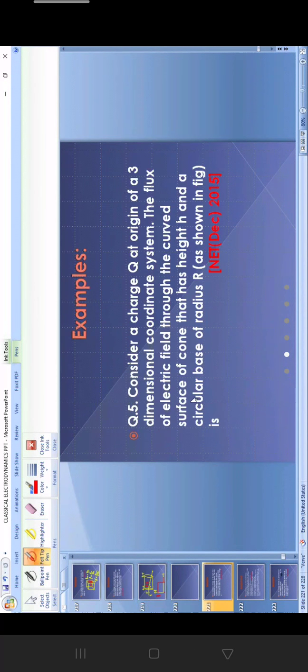Next is question number 5. Pay close attention, son. Consider a charge Q at the origin of a three-dimensional coordinate system. The flux of electric field through the curved surface